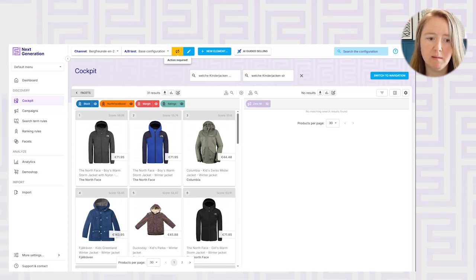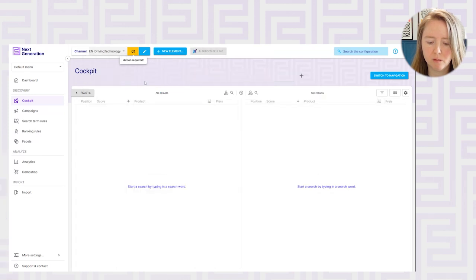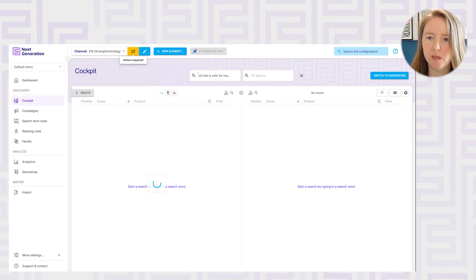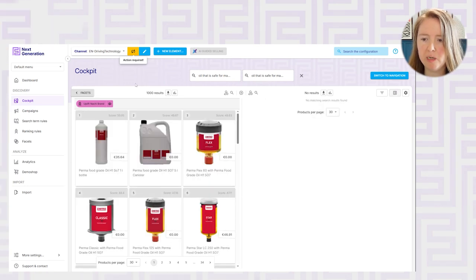That's not only B2C either. This is also relevant for B2B. So this is a data set with parts for manufacturing. If I search for oil that is safe for machines processing food, again, for keyword search, you can see there was nothing returned, but the vector result has given me some really relevant results with lots of